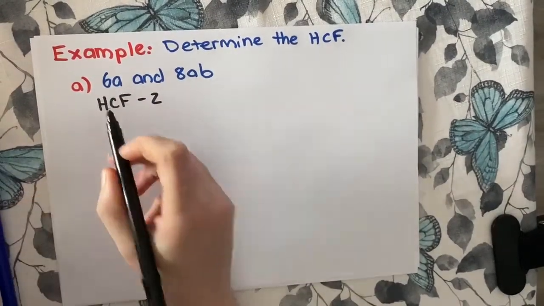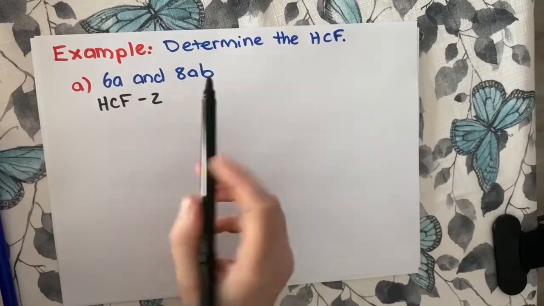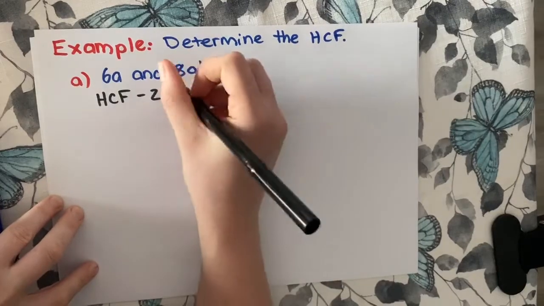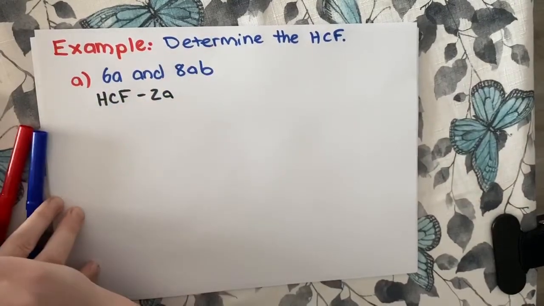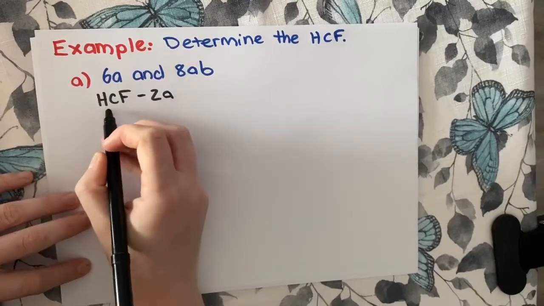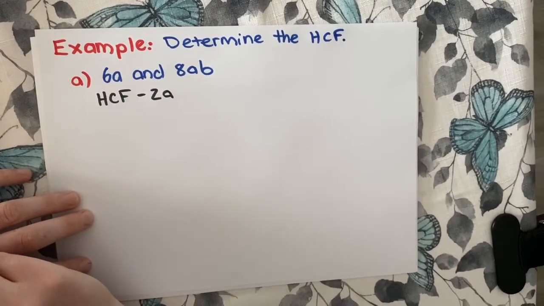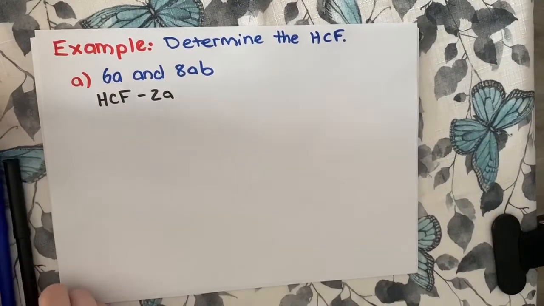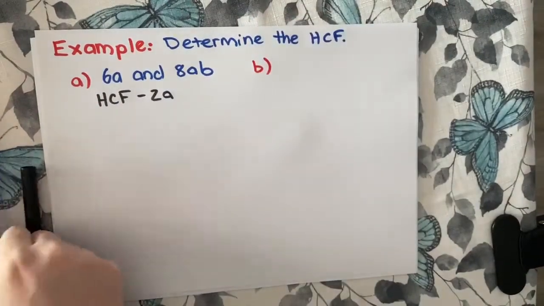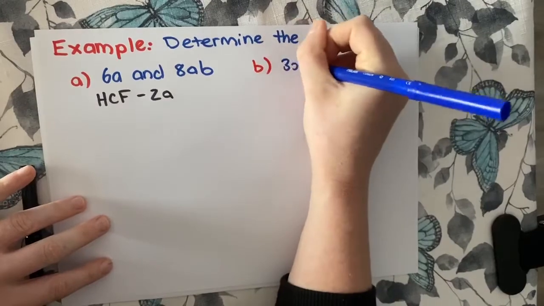Alright, the other thing we got to look at is, is there anything else these both have in common? If you look, they both have an a. So that means we're going to have an a with it as well. So that leaves our highest common factor as 2a. And that's your answer. So then if we do a second one, so we've got b, we've got 3x squared